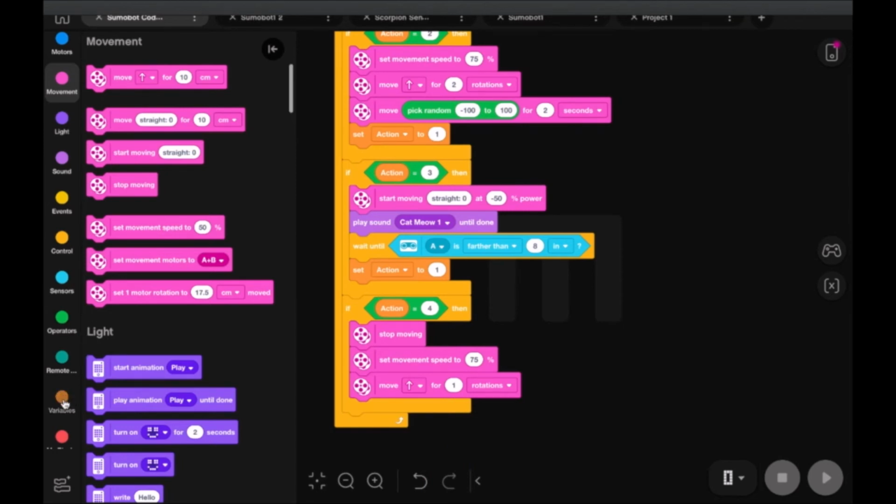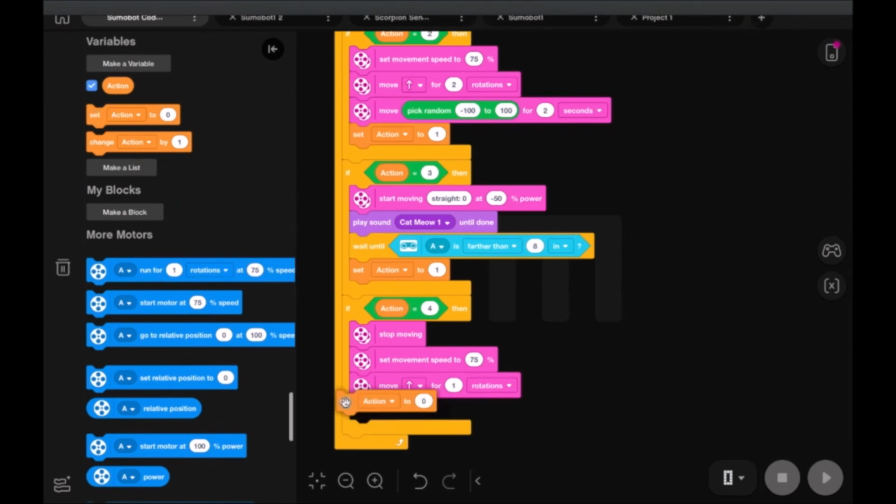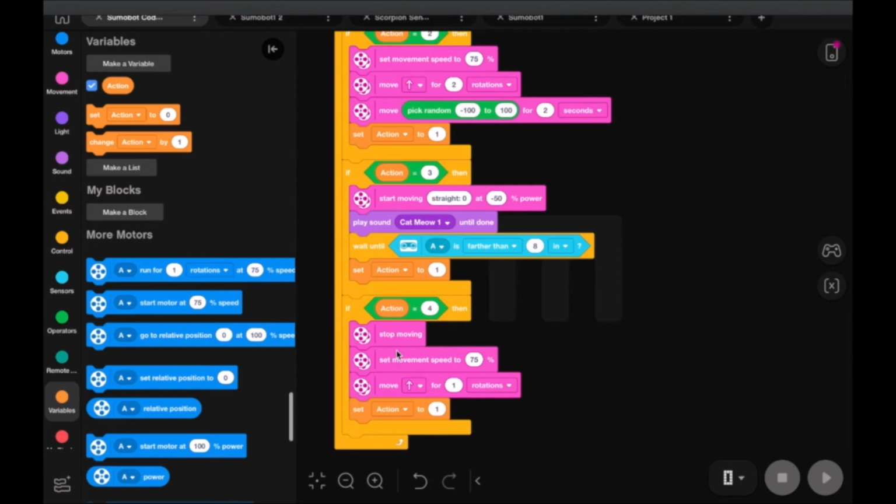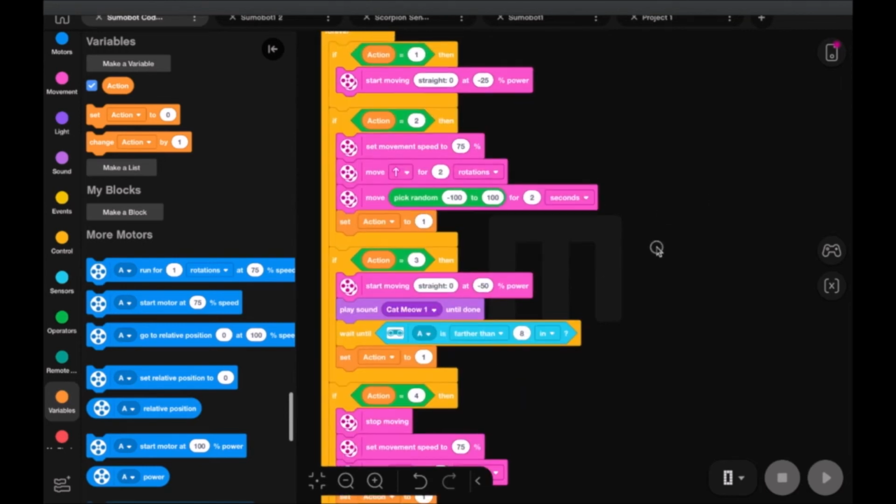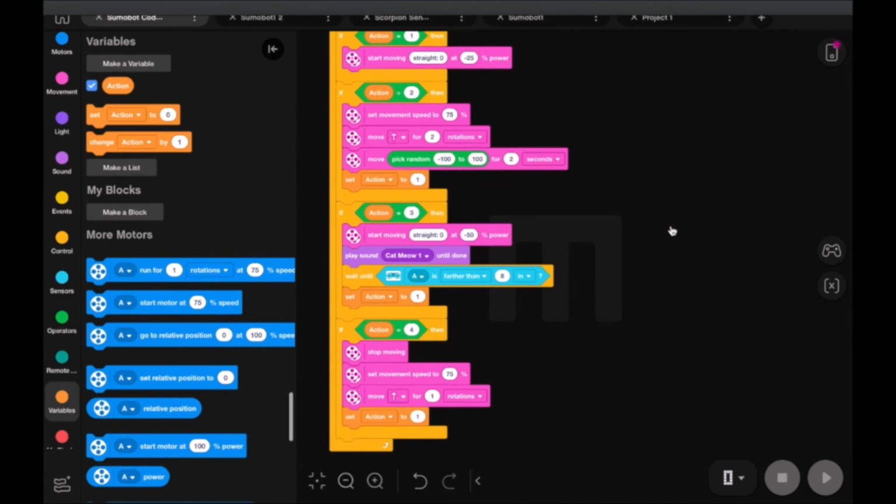And then we're going to set our action to 1. So it's just going to do a quick little backup, and then it's going to kick back to make that next decision for us to start moving straight and find out what in the world we're going to be doing next. So this is the main code that we have, but what we're missing now is how we actually get our robot to change to these different action stages,